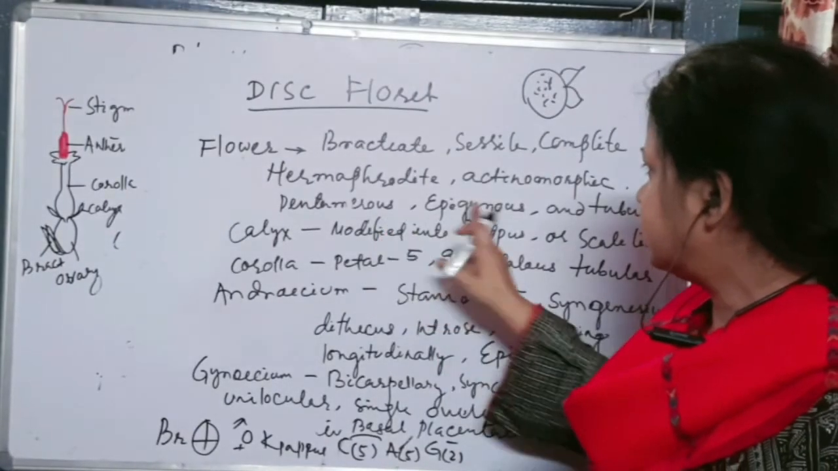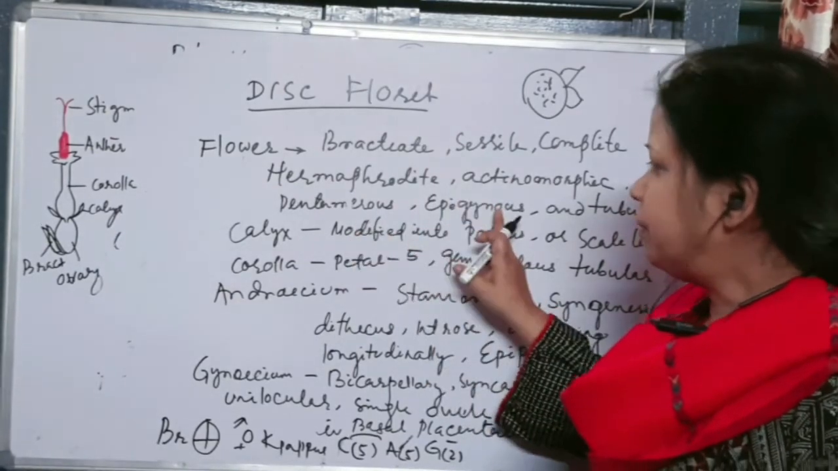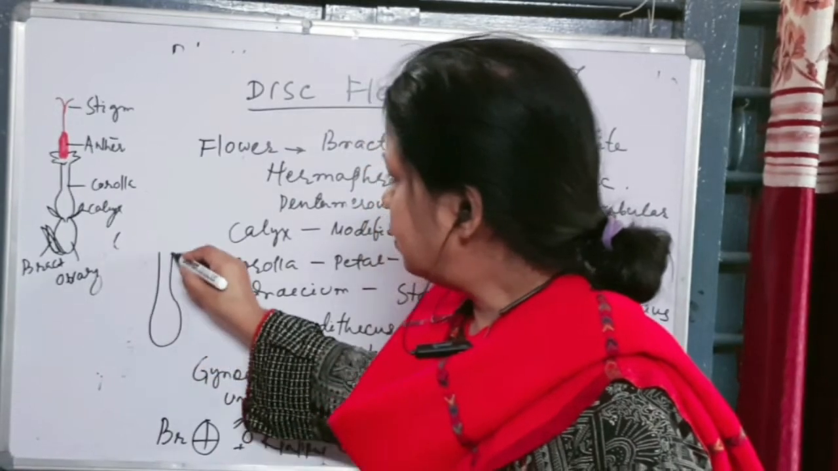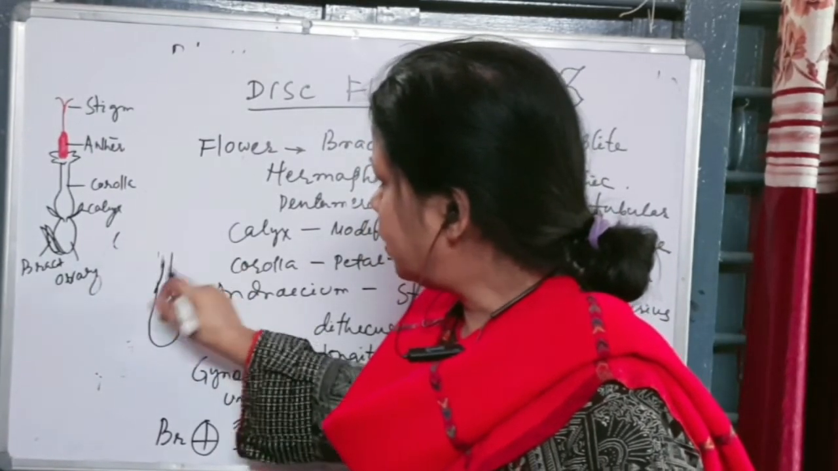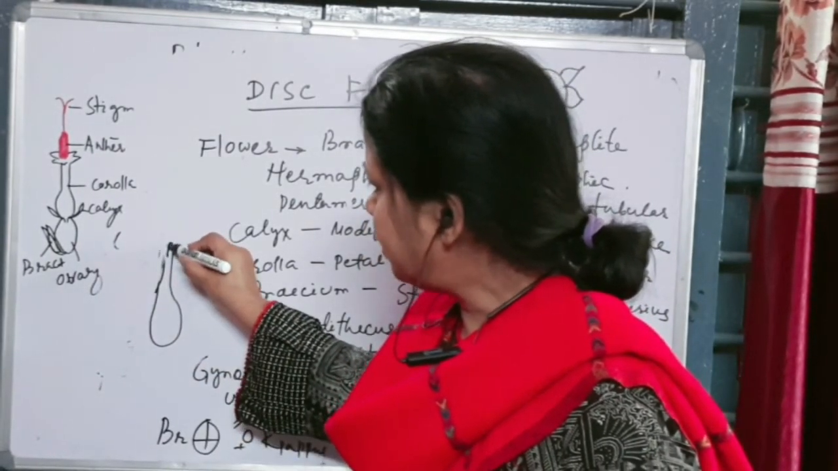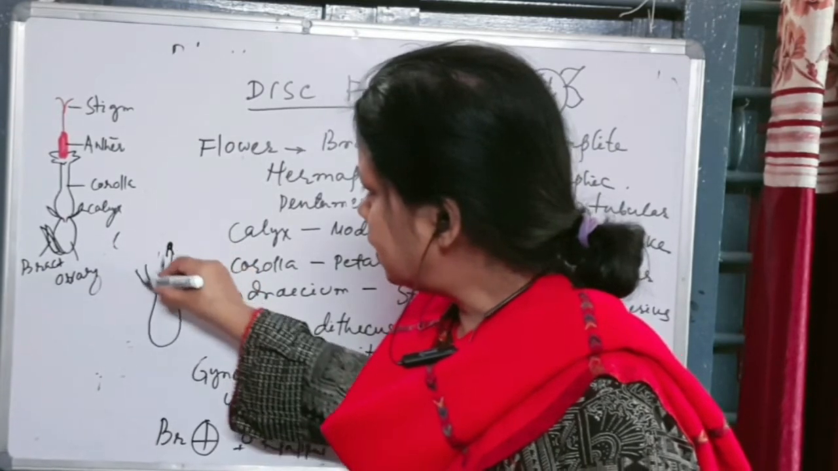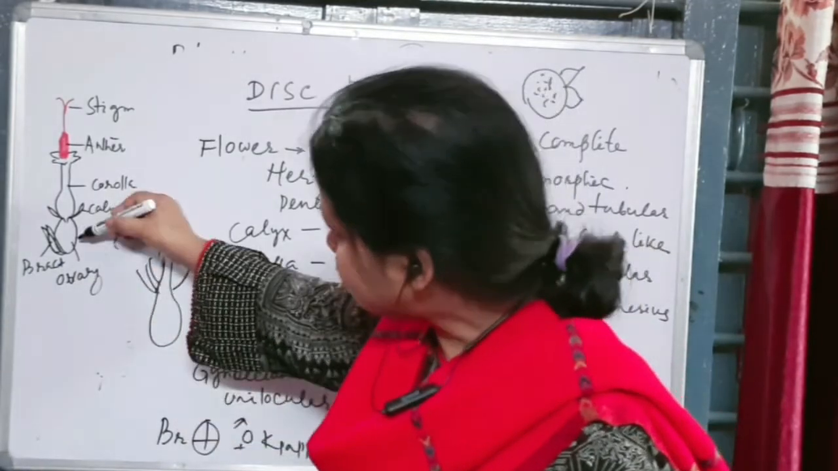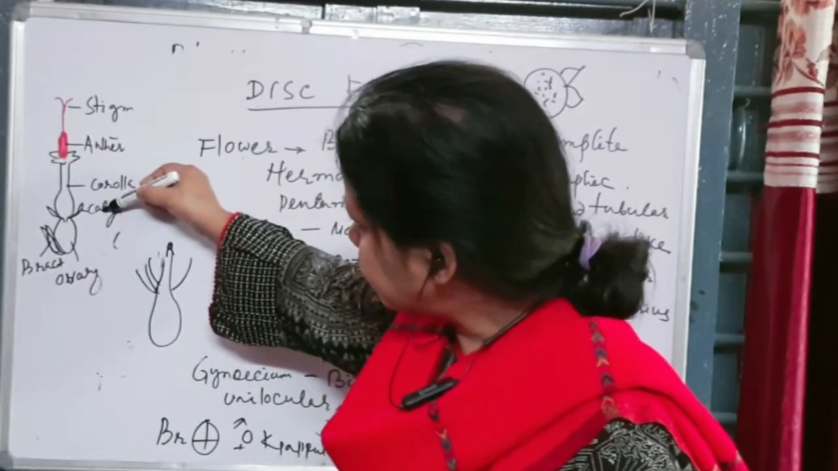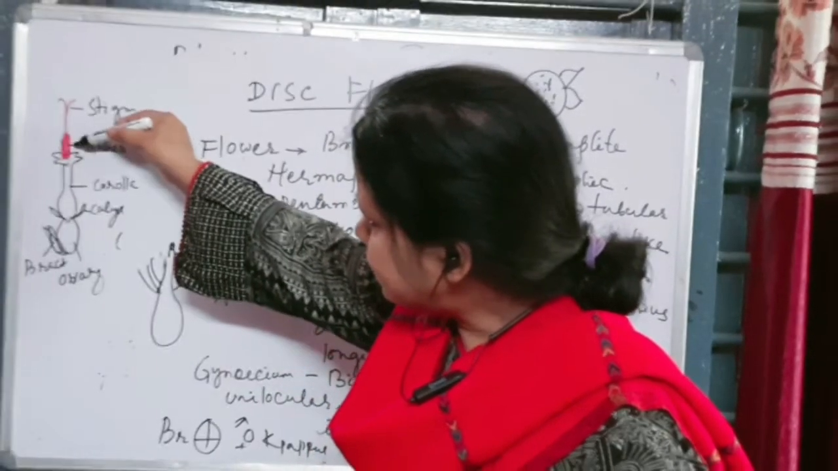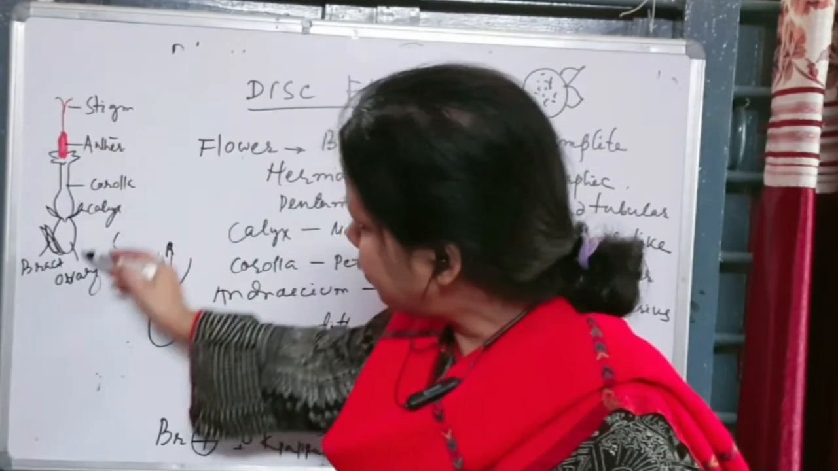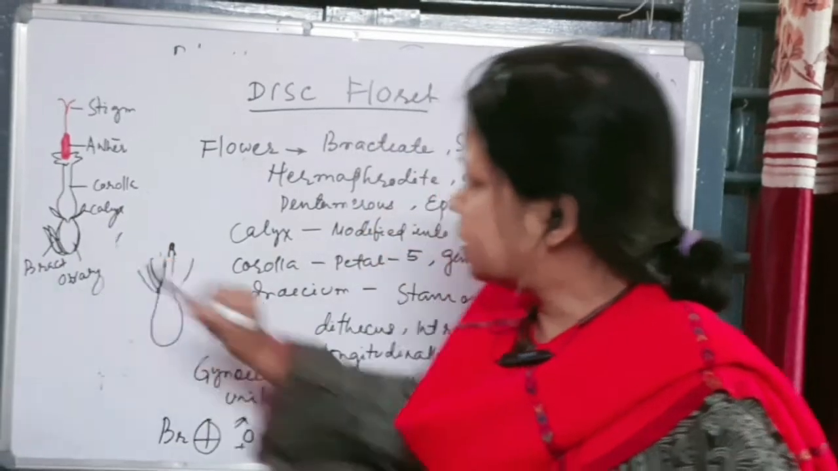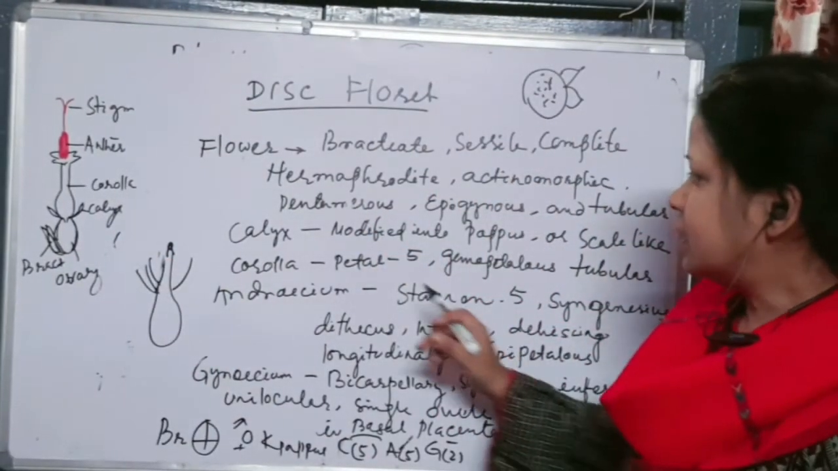Epigynous, inferior ovary. Ovary inferior means the calyx, corolla and stamens all arise above the ovary. Here this is the position of the ovary. This is the ovary, and the calyx, corolla and stamens all arise above the ovary. The ovary is inferior in position. So this is called epigynous. Next comes to